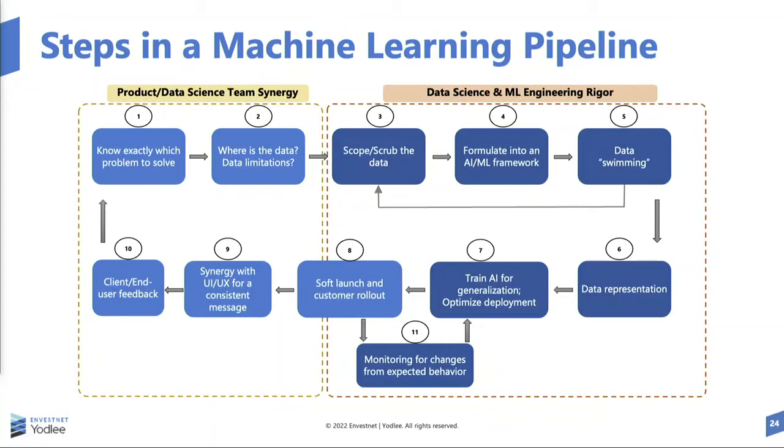There are examples where you could have saved millions of dollars by not approaching a problem which was not solvable, or not solvable in the economic sense that you wanted. And that's an iterative process that you go through, primarily done by the data scientists and our engineers together, along with the business analytics team. Then you go through the journey of representing data, building models, and doing a soft launch.